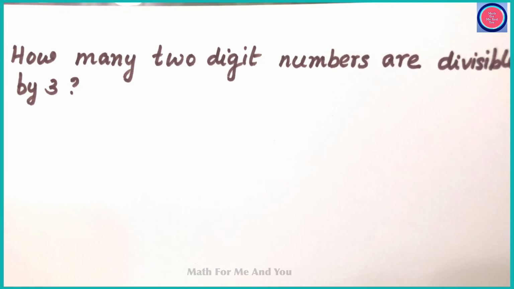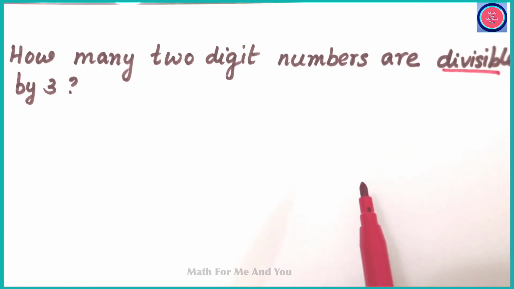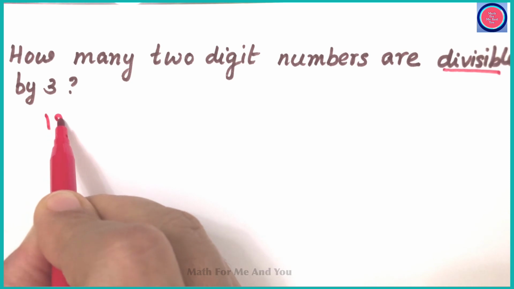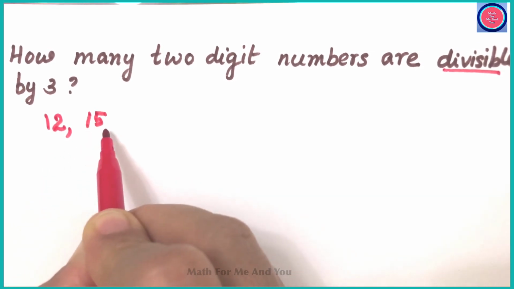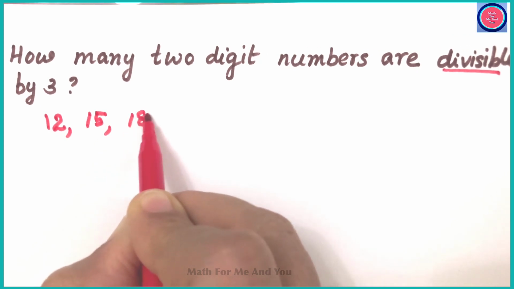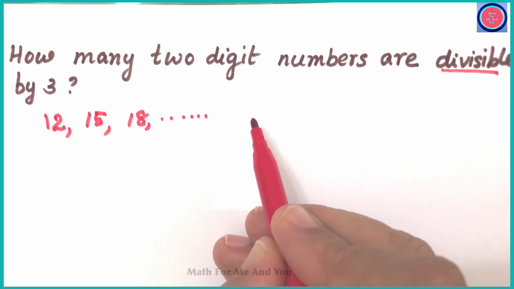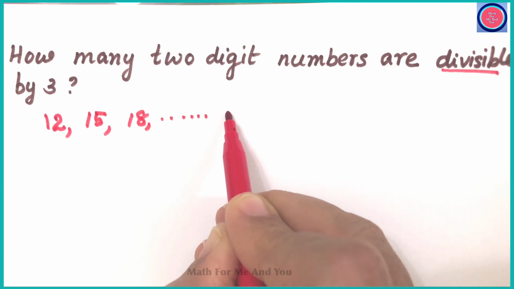Next important question is, how many 2 digit numbers are divisible by 3? 2 digit numbers start with the number 10. After that 11. We will look for which number is the first number divisible by 3. 10 we cannot divide by 3. 11 we cannot, but 12. So we start with 12. After that 15 we can divide by 3. Then 18, up to what number? The largest 2 digit number is 99. Can we divide by 3? Yes. So we can write 99.